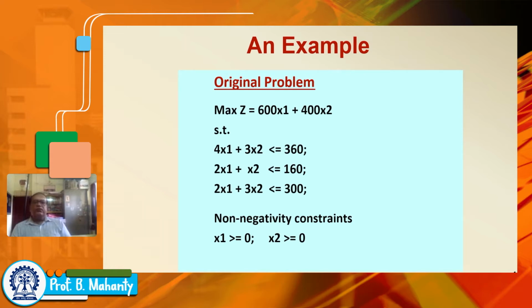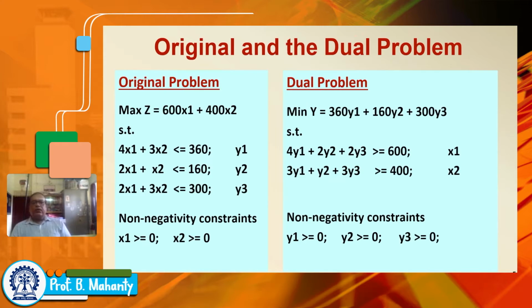Maximize z equal to 600x1 plus 400x2, subject to 4x1 plus 3x2 less than equal to 360, 2x1 plus x2 less than equal to 160, 2x1 plus 3x2 less than equal to 300, and there are non-negativity constraints. So we have seen that if we take its dual, the y1, y2, y3 are the corresponding dual variables, and